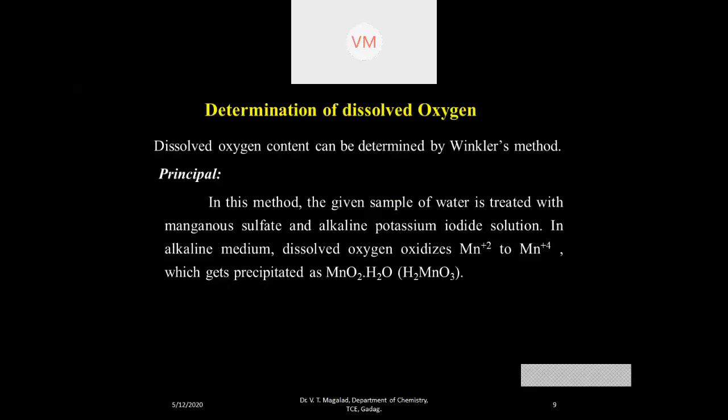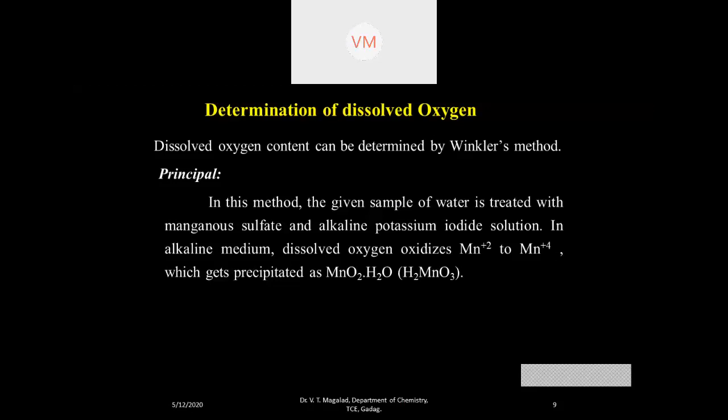The principle of this method is that the sample of water given has to be treated with manganese sulfate, and the same water has to be treated with potassium iodide, and then, in this particular condition,